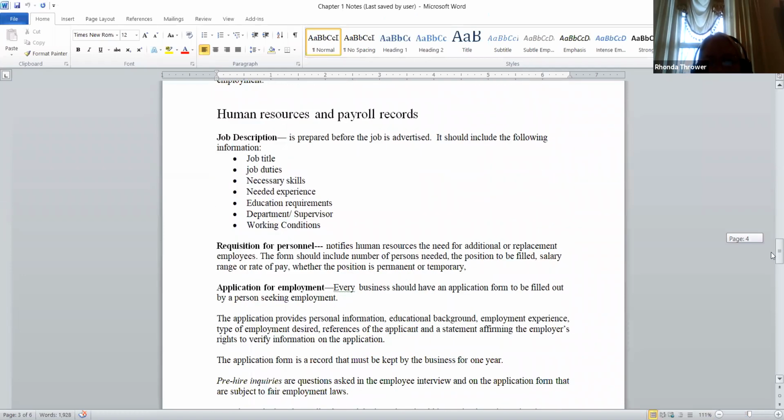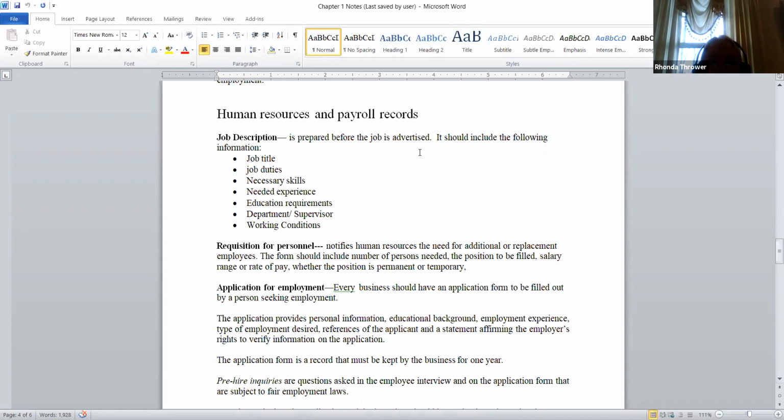The second part of this chapter is devoted to human resources and payroll records that you would need to have available and on hand for your business. First of all, they talk about a job description. So if you need an employee and you're advertising for an employee, there should be some type of job description that the company has prepared before the job is